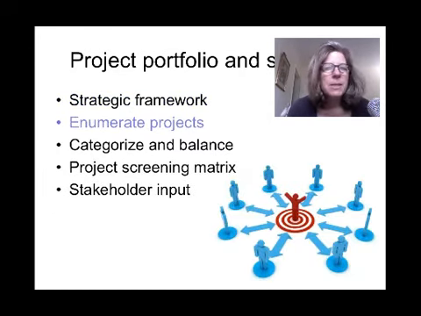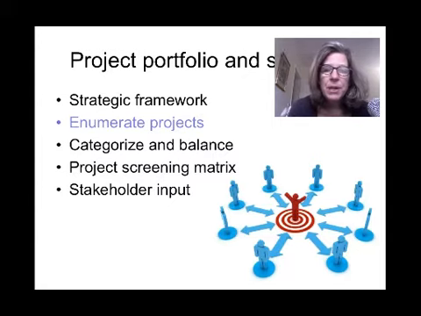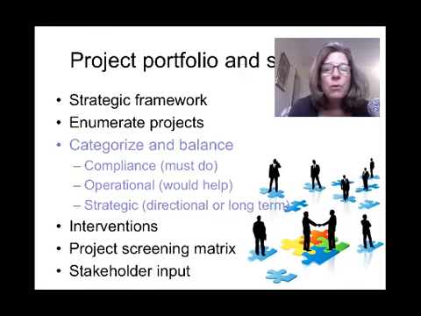The next thing you might do is list out all the possible projects. In a corporation, how this happens is that each division of a corporation sends projects to their corporate offices, and they get all enumerated and they get evaluated for profitability and for strategic direction. For you, this might be that you actually look at your project site and you say, what are all the possible things we could do here, or that anybody could do? Maybe not just you, but maybe there's some contractor that you could get involved. So you try to enumerate all the possible projects, kind of collect a list. And then what you do is go through and categorize and balance. So there's a lot of different things you can do, and you want to make sure that you're doing the